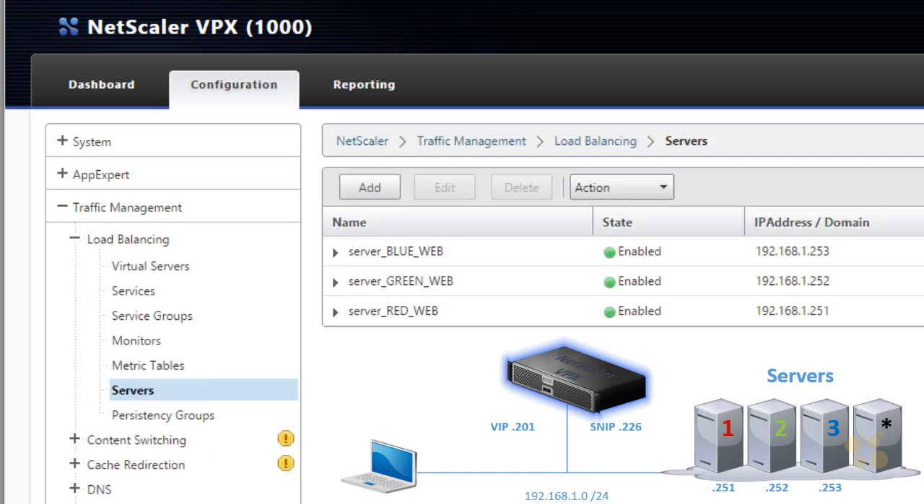Great, we've got 3 server objects. These are objects in the NetScaler that are referring to the actual servers that are on the network. And if we want to sort these, we can click on a column and sort them either ascending or descending based